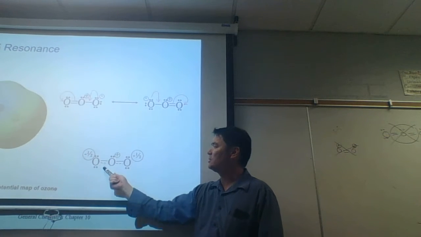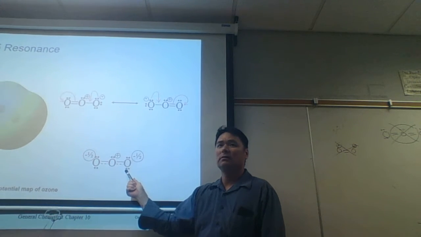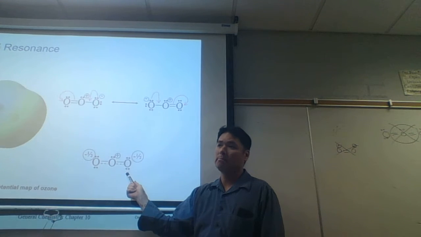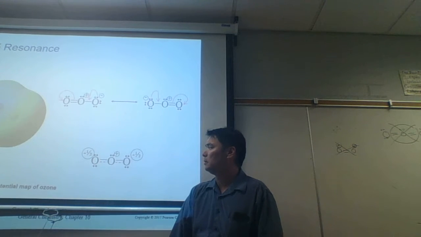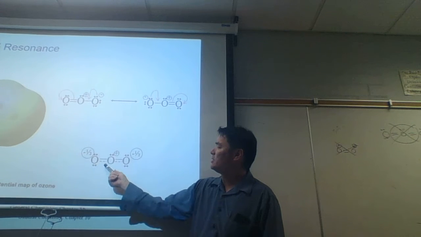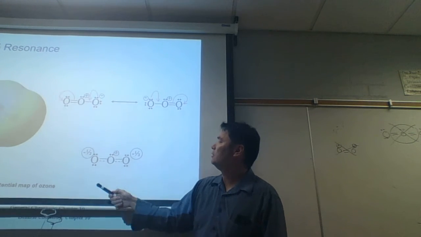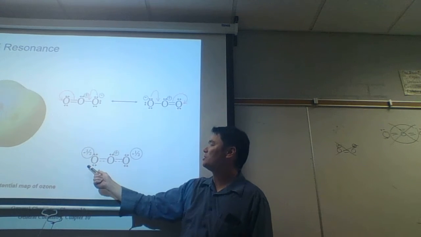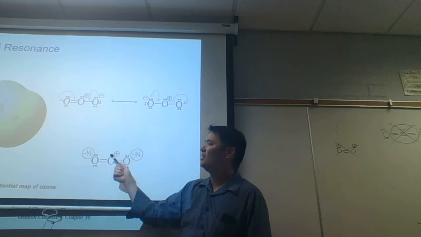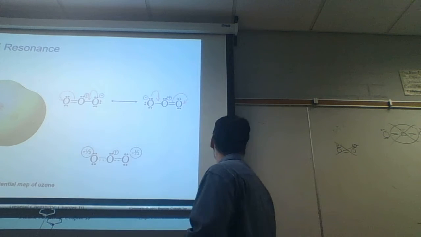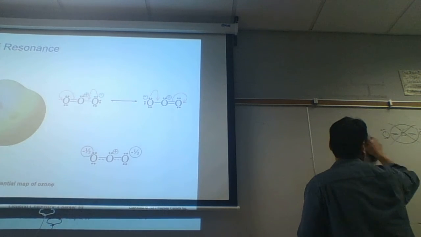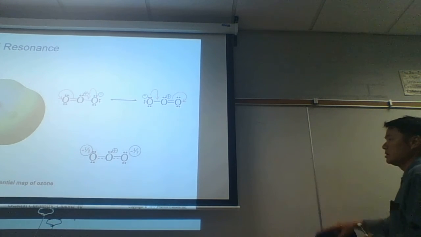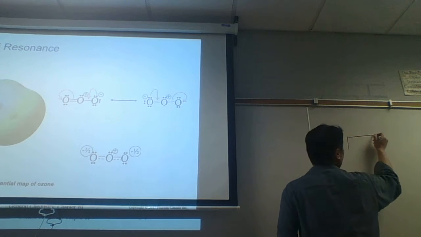Do you recognize this? What's this thing called? This thing is called a resonance hybrid. And so the actual structure isn't one of these. These are resonance forms. The actual structure is a resonance hybrid. And the way to understand this resonance hybrid is like this. It's like water in a tub. If we have water, let's say